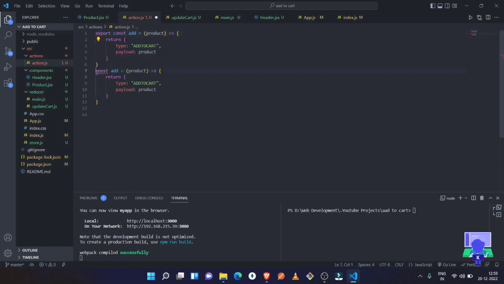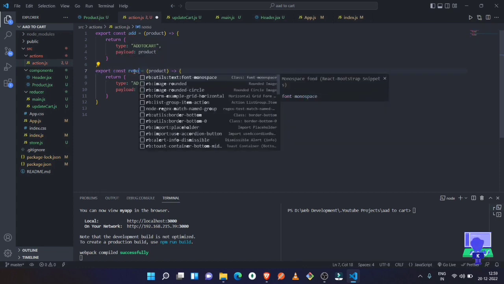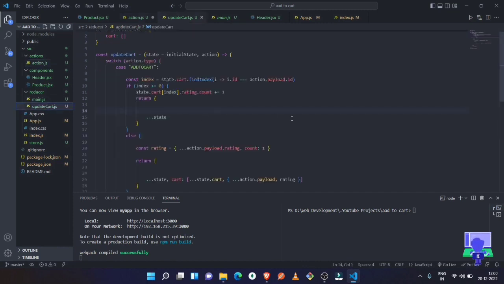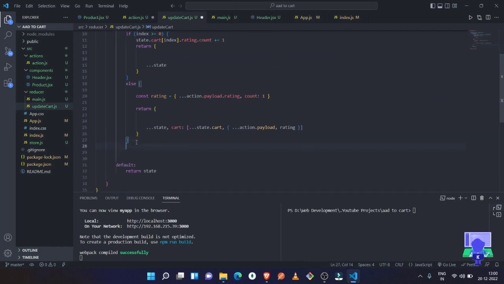and this is also export, and here let's make this name as remove one, I guess, remove one, because we have to make the delete function also. So now let's change this type as remove one, and now let's go to the reducers update cart, and here we can have another case which is remove one. So here we can have another case called remove one, just delete it,